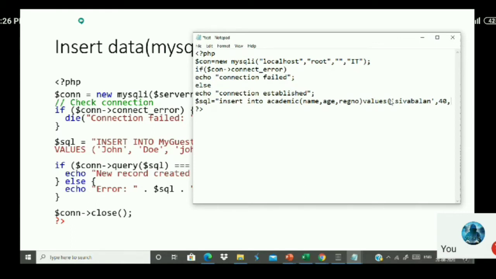And the third one, register number, is also a character here. Even if it is an integer, it should be flanked by quotes. Let us understand, my register number is 3604. Even though it is a number, it is going to accept only a string over here, so it should be flanked by quotes. Are you able to understand?